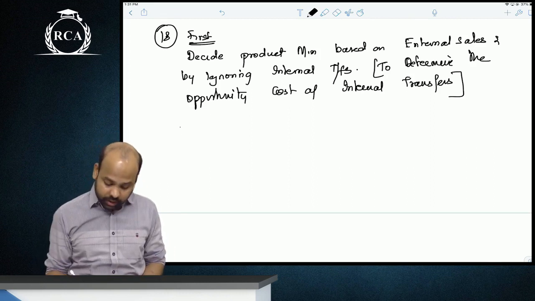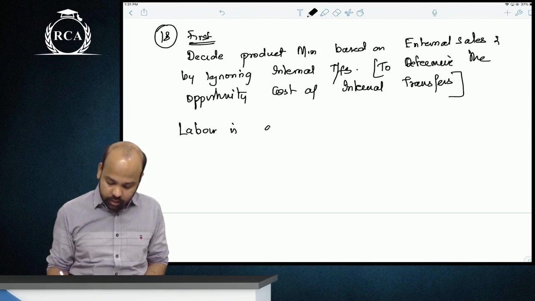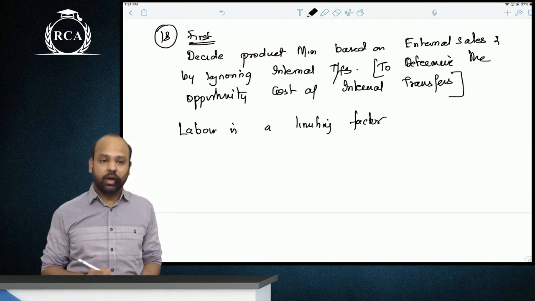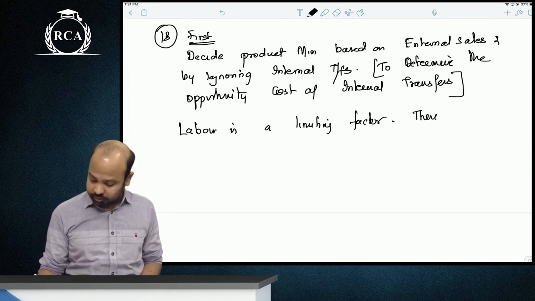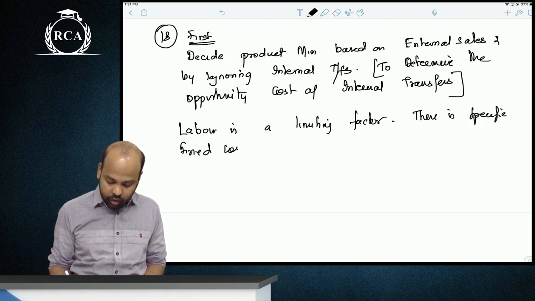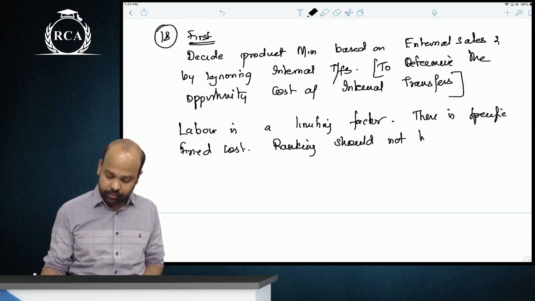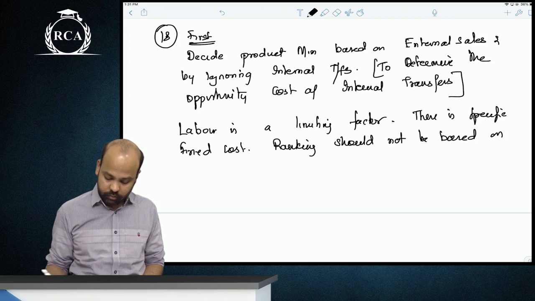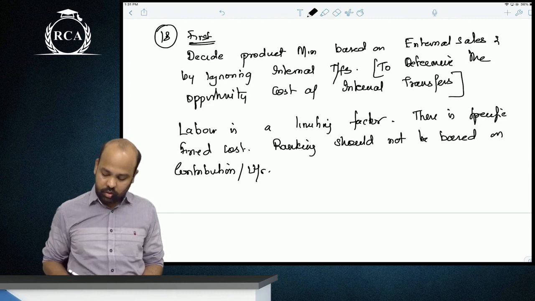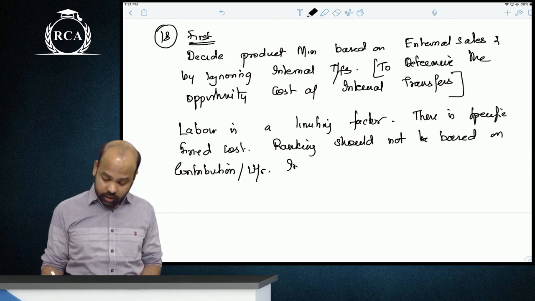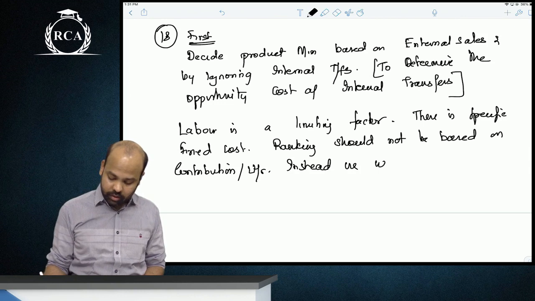Another important thing is that labor is a limiting factor. There is specific fixed cost. Ranking should not be based on contribution per labor hour. Instead, we will consider